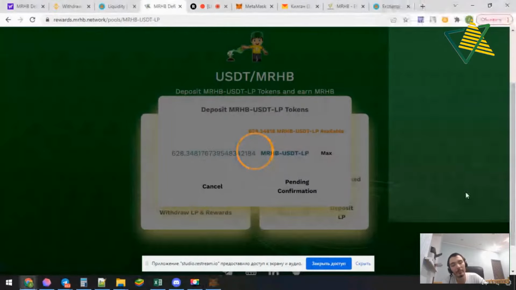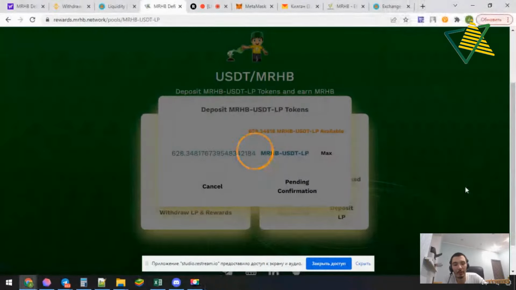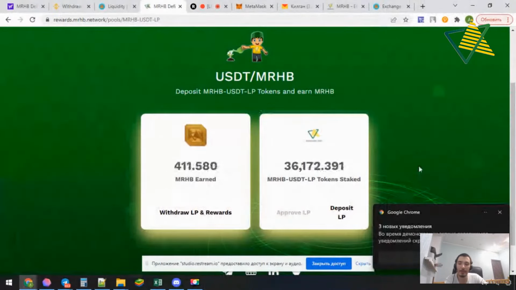Confirm. It takes some time because everything is made on blockchain. And you see now my MRHB earned balance is zeroed. Why it happens?